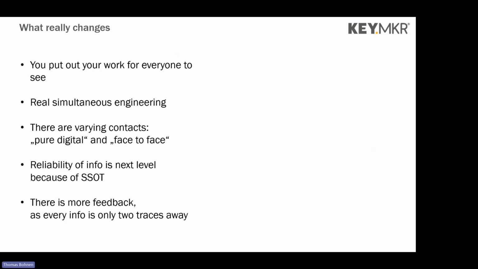The reliability of information is really at the next level because of this single source of truth principle. If you look into any project drive and you find something, you have to rely on structures that can easily be changed, or things that can be missed during manual processes. You don't know whether this is fixed or not. Documentation systems help very much. Document management systems help, but